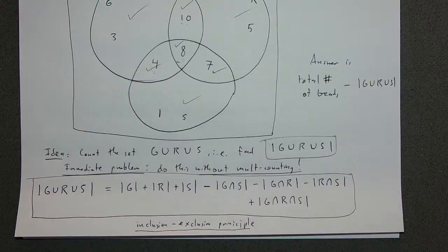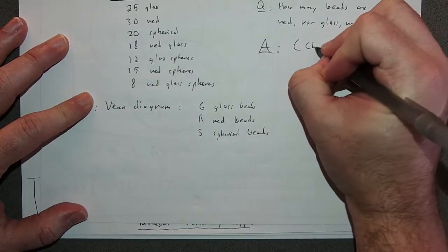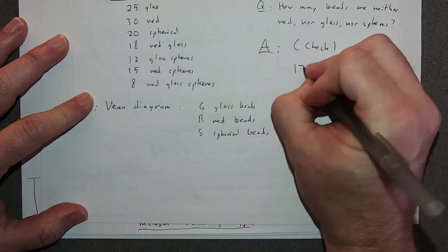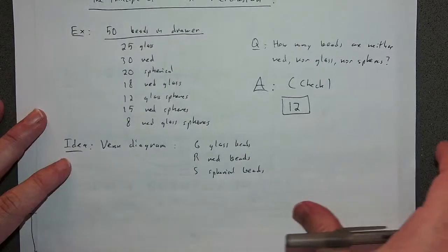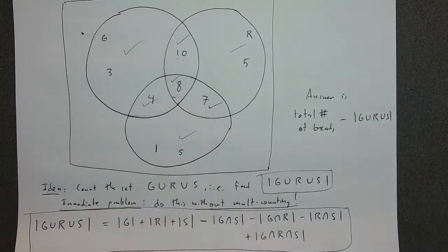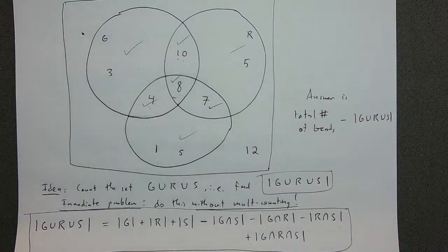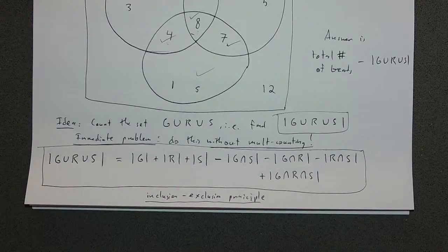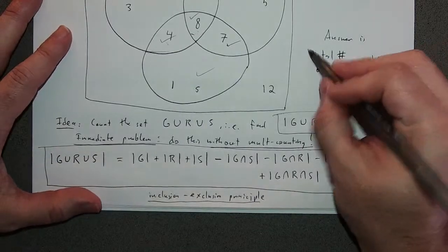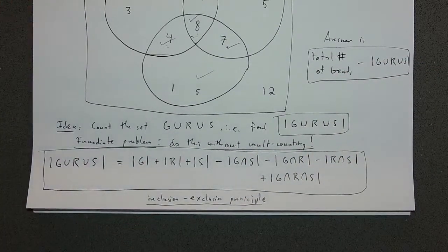The answer to our question, you can check this yourself, is 12. There are 12 such beads, so use this to check that now we are able to say that the number of beads outside here has to be 12. You could likely just do this quickly adding up here. You can use this inclusion-exclusion principle to get it immediately because it's the total number of beads minus that. It's going to be 50 minus 38 here, and it's going to give you 12. So